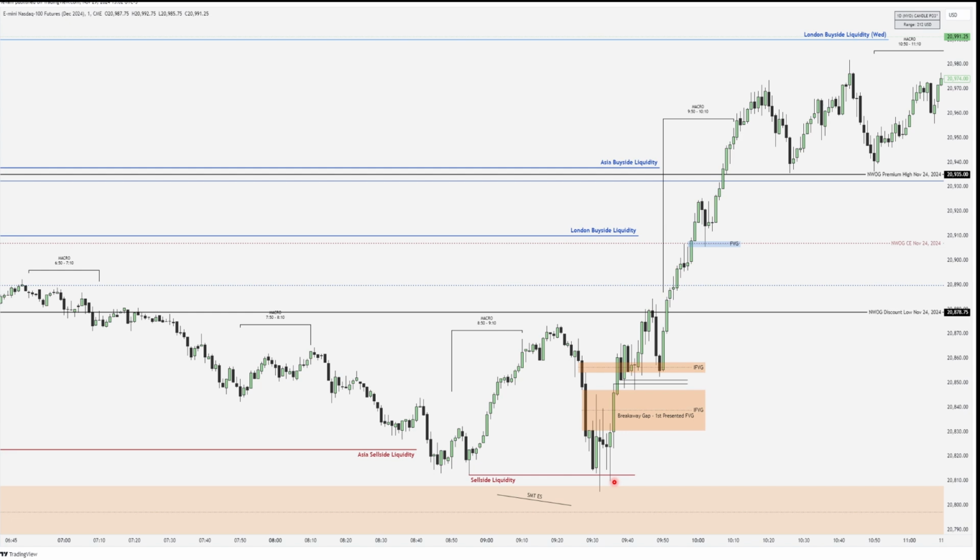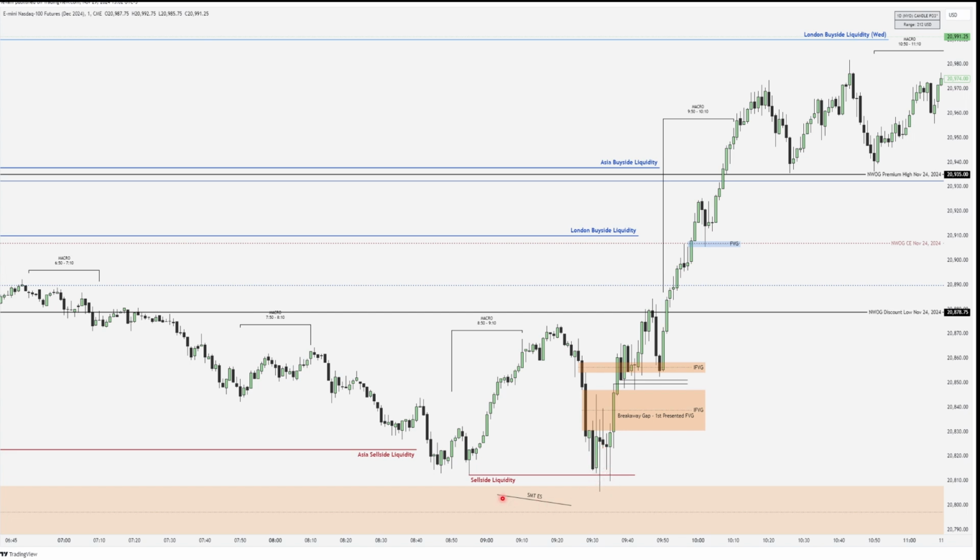Which happened here. Notice this wick traded down again into that old low, sell side liquidity. It did not take out this low, so this forms a swing low here, which will actually become an intermediate term low, and even later on a long-term low. Why? You have a low here, a short-term swing low